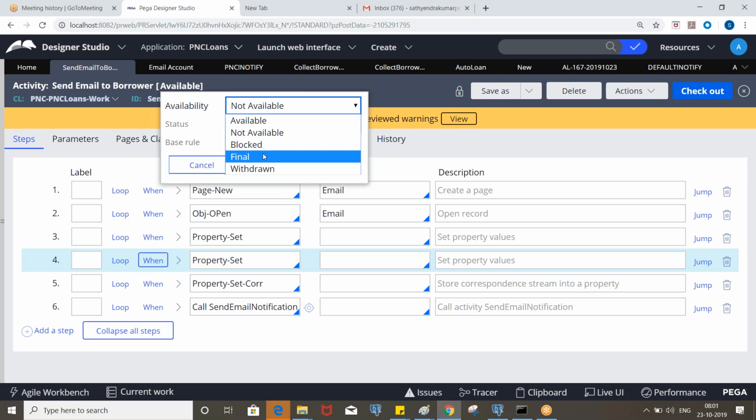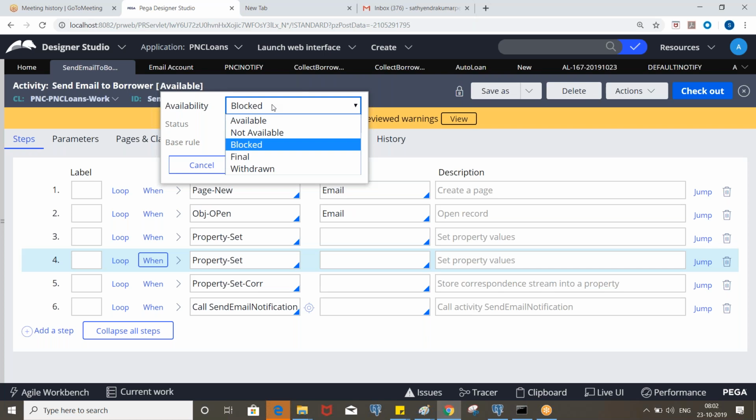And so we have blocked. If you make a rule blocked and it is referenced in the flow or somewhere, it will halt the whole flow. We never select this option normally. Let's say in the production environment there are some disputed transactions going on and you want to stop the complete process.